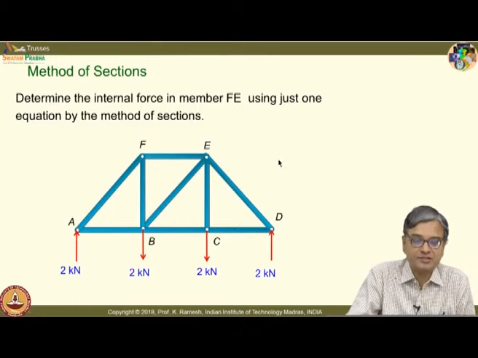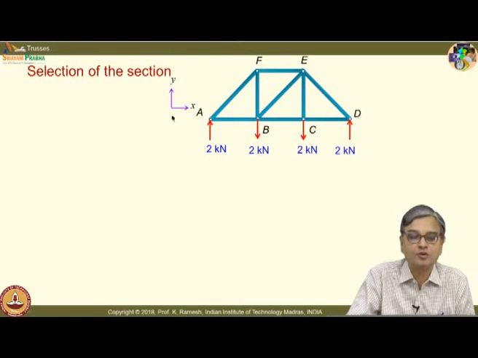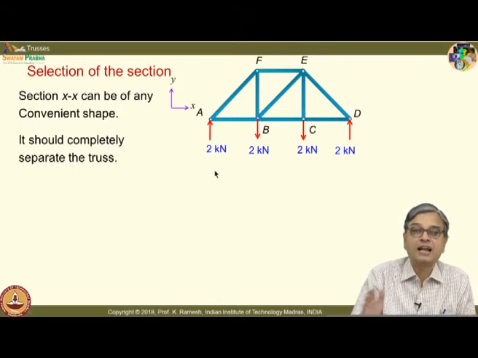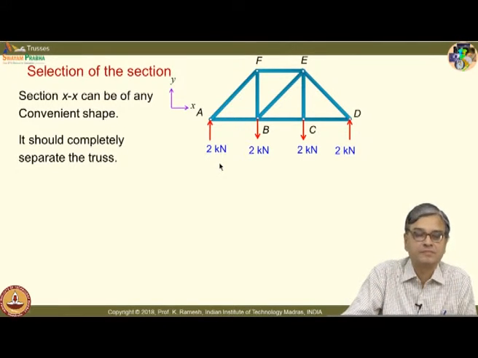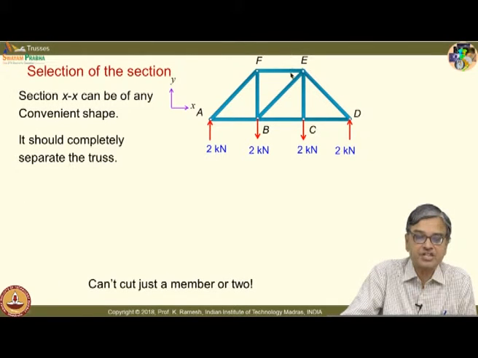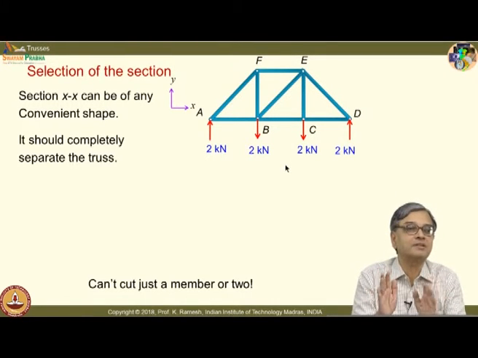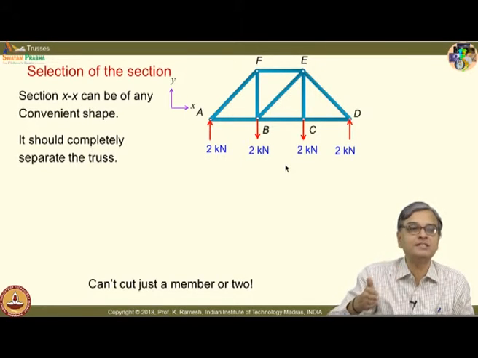We have already looked at this truss, we have done the free body diagram, we have also checked for determinacy and indeterminacy. All that I am not going to repeat. One of the key aspects here is I have to pass an imaginary section and cut the truss into two. How do I take the section? When I take a section, it should completely cut the truss. I cannot cut one member or I trim the member. When you say method of section, simply going and trimming one member is not acceptable. If I put a cut, the cut should pass only once in a member.